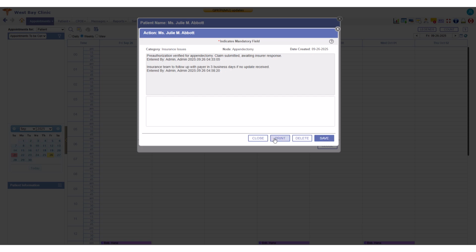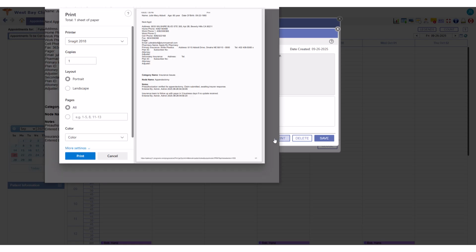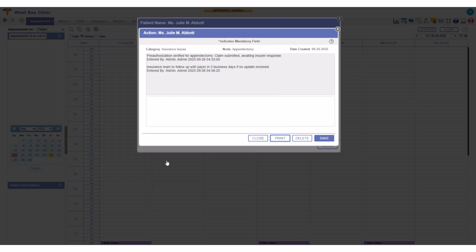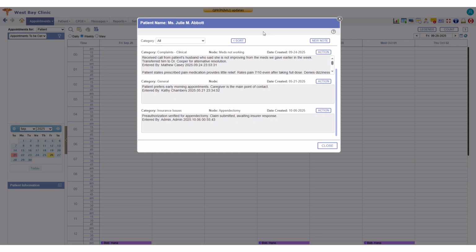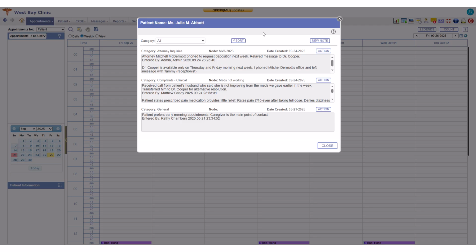Printing is straightforward. Clicking Print opens the note details, including all comments, which can then be printed. If you choose to delete a note, clicking Delete prompts a confirmation pop-up asking, "Do you really want to delete this patient note?" Selecting OK permanently deletes the entire thread, and it will no longer appear in the patient notes